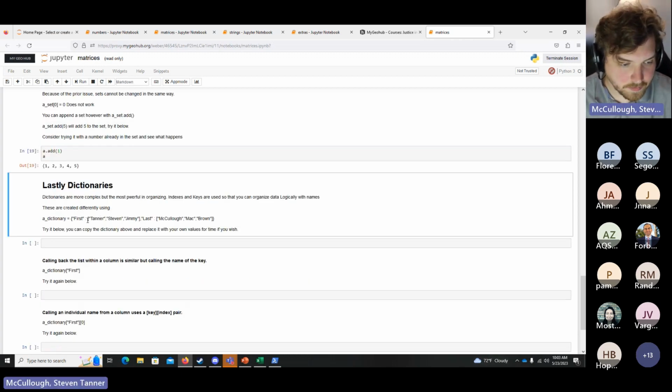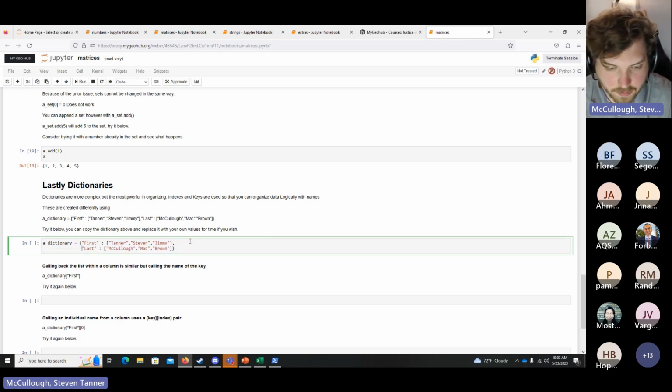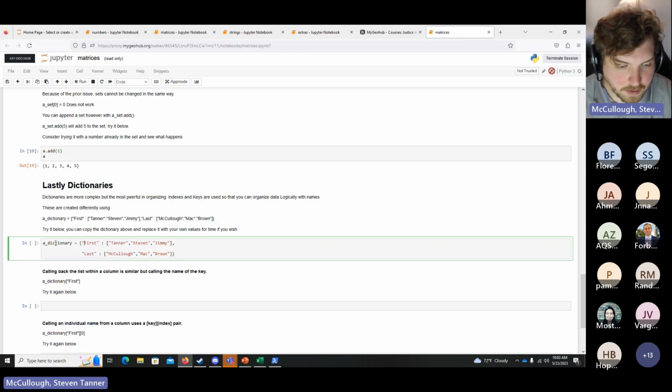So dictionaries are going to be the last one. This is going to be kind of like a baby version of a data frame. You may have heard of data frames through maybe a Python video or something like that. Dictionaries, in this case, are done using curly braces. To make this a little easier to read, you have a dictionary that I'm creating, equal to open brackets. Then it's the first key. The key is the label for the first list, and then in that list, I have names, comma,